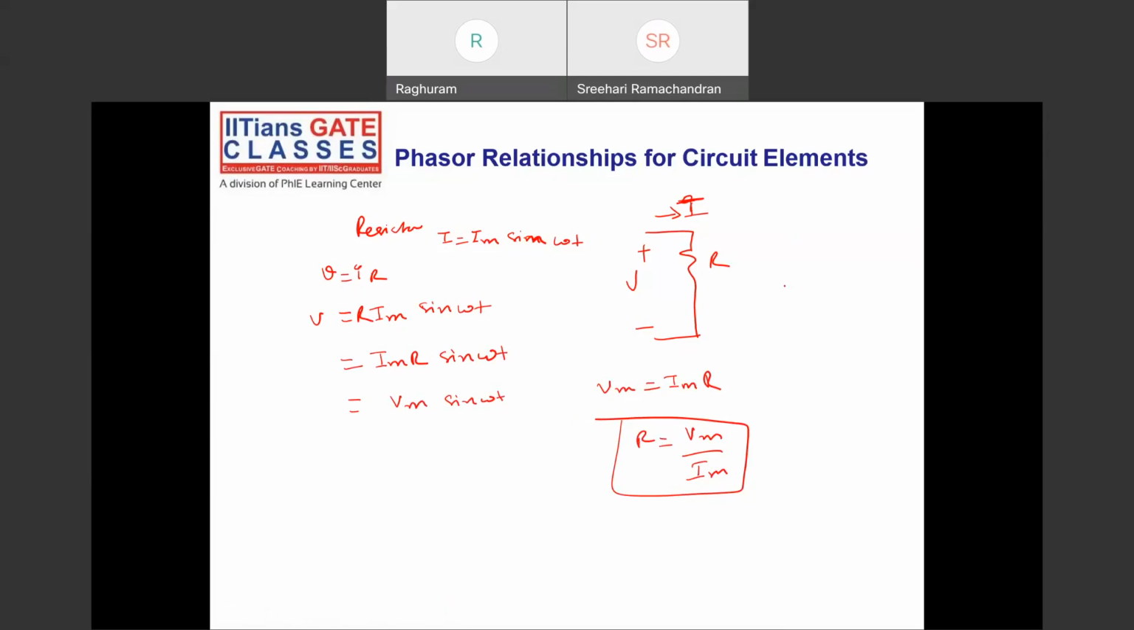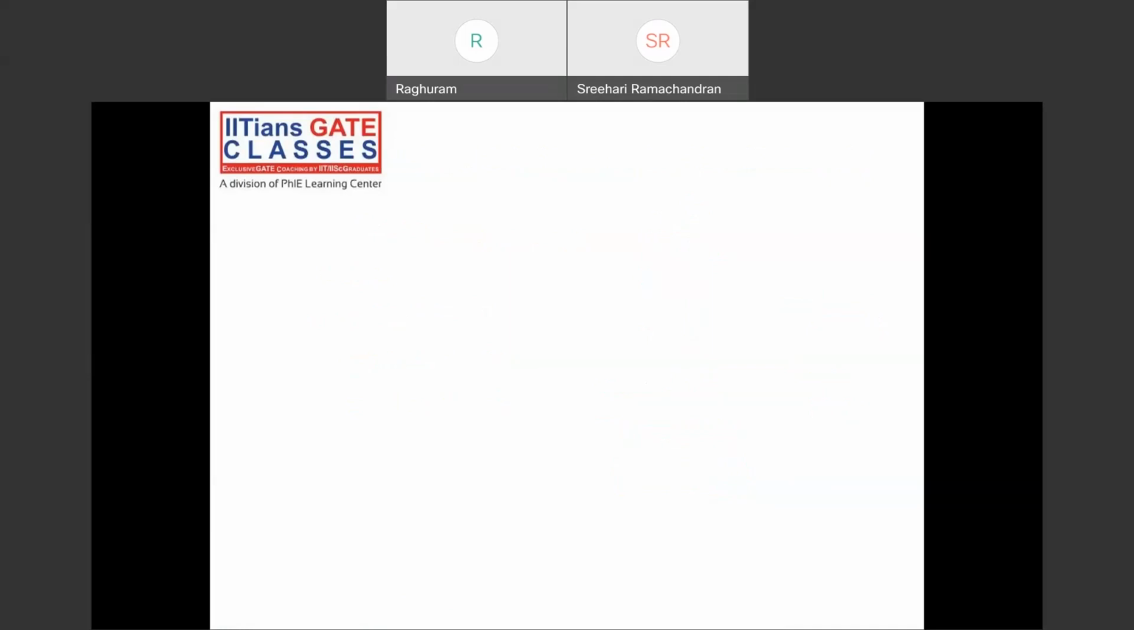So if I draw the phasor diagram, this is my voltage. The current is also in the same phase. So for a resistor, the voltage and current are in the same phase. Voltage is in phase with the current in the case of a resistor. And in the case of an inductor,